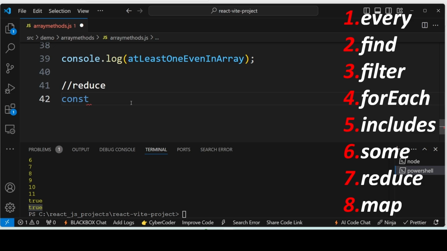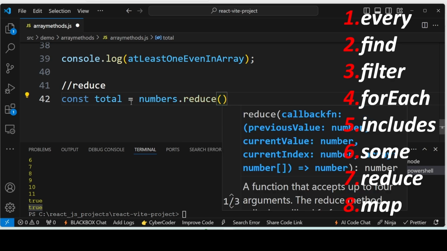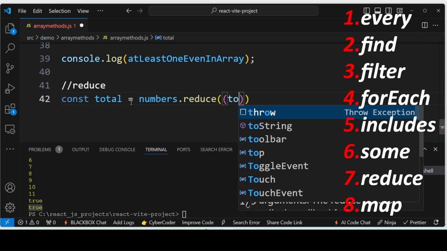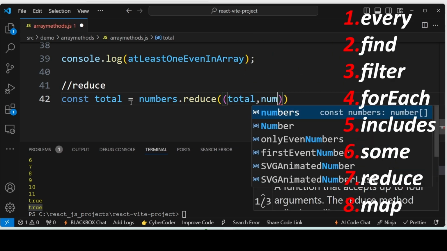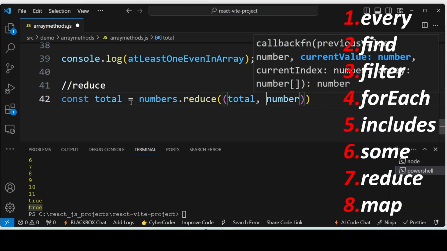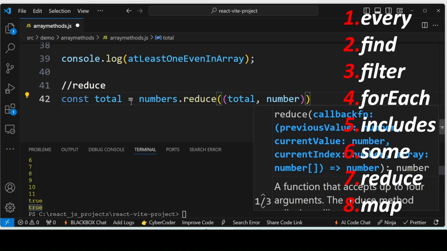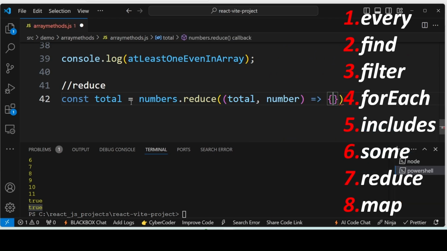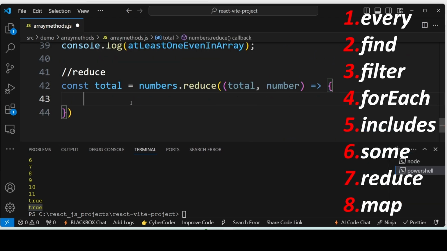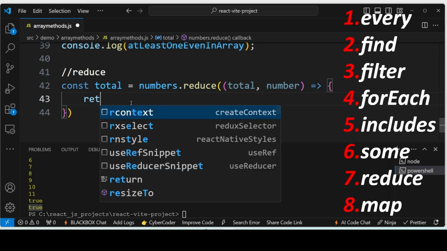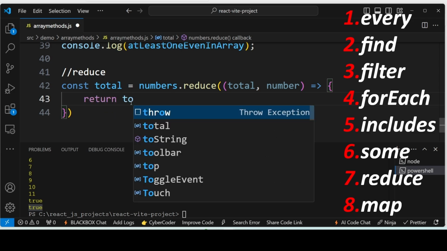Const total equal to numbers dot reduce, and then we are passing a callback function here, which takes two arguments, total comma number, and then inside the callback function, I'm simply returning the sum of total